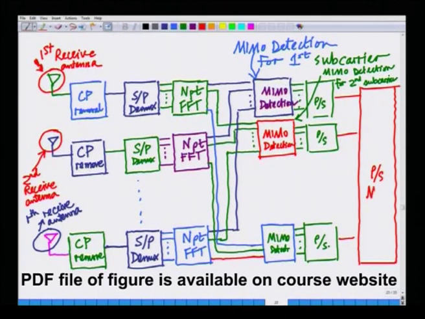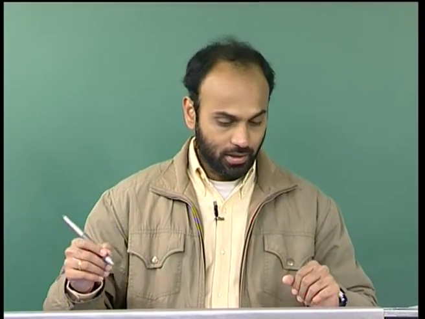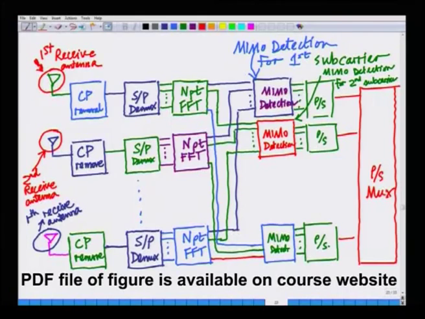So, this is in fact a multiplexing operation. You can multiplex into one big stream. That essentially completes the transmitter and receiver schematic of this